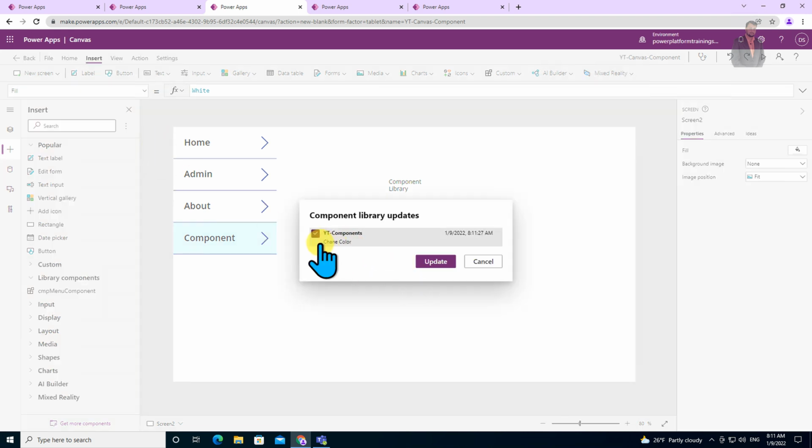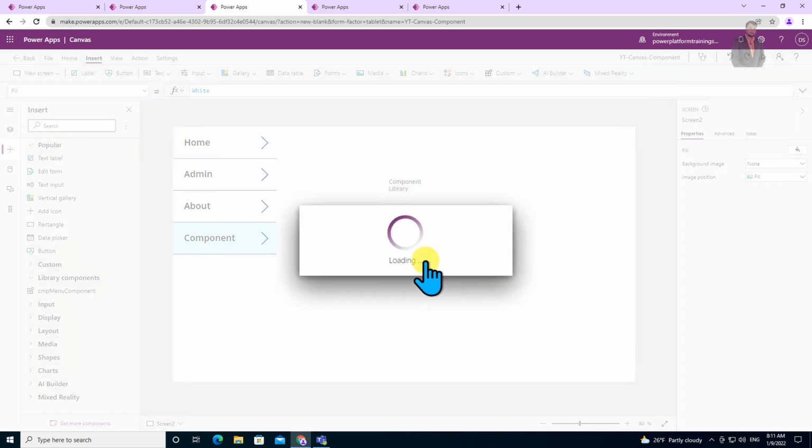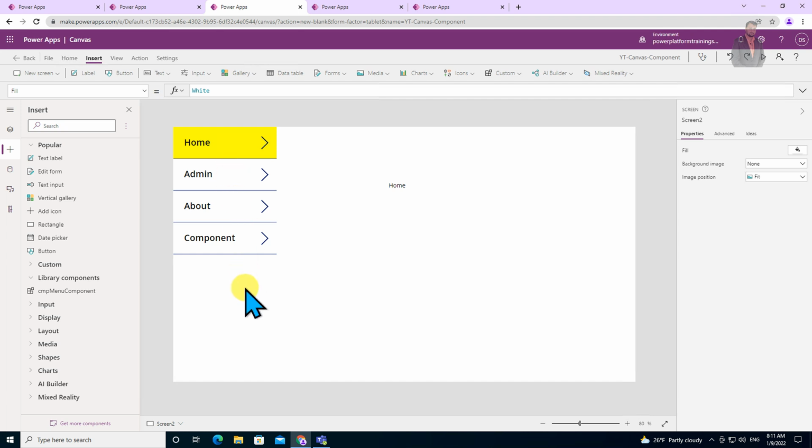You can see that change color has been done in one of the components. So it will update that and you are able to see the reflection over here like this. So this is how you can make the update from your component. And if you don't need a manual update, when you close the app and reopen it again, it will automatically show you the update.